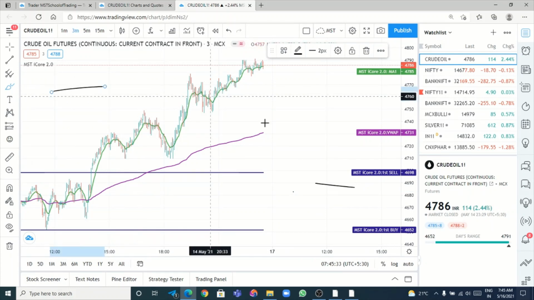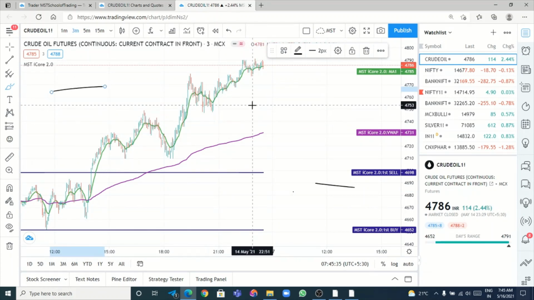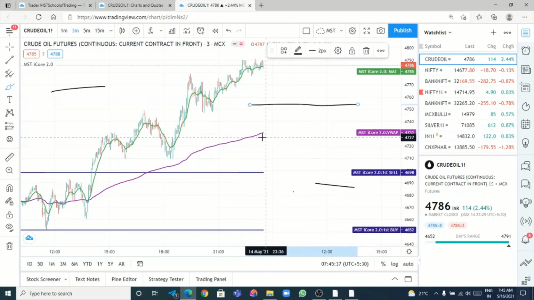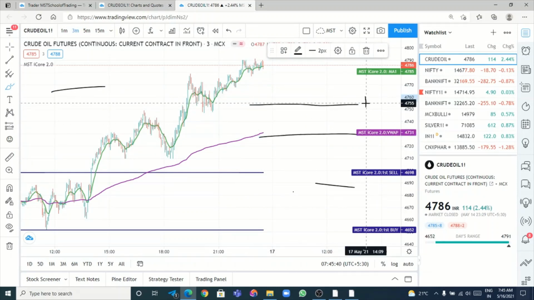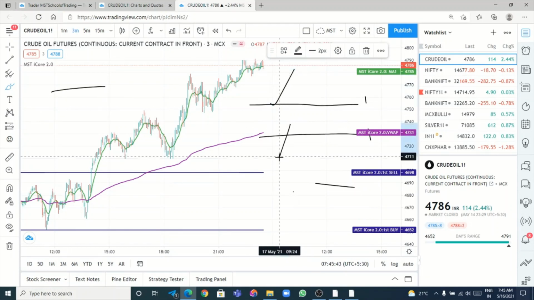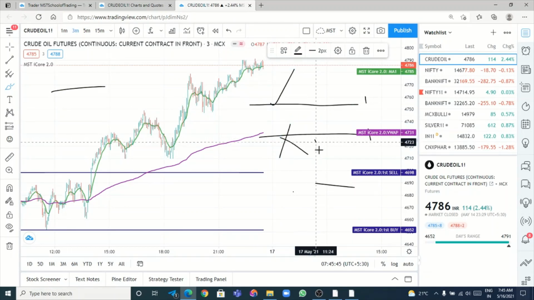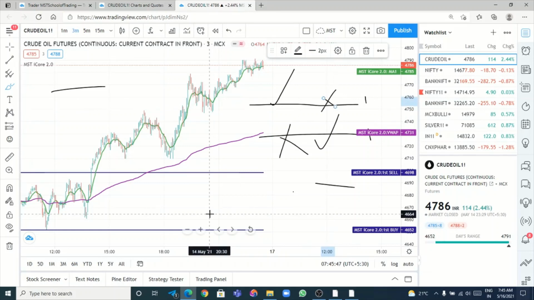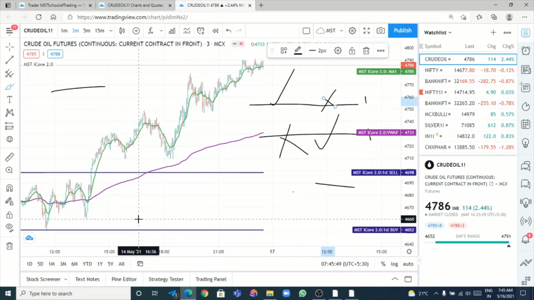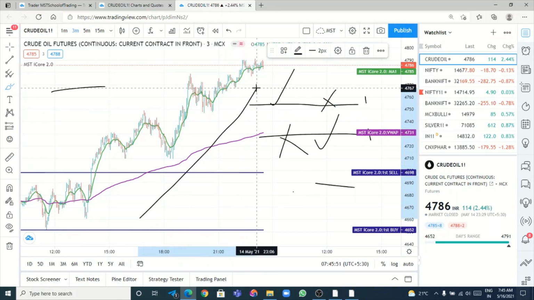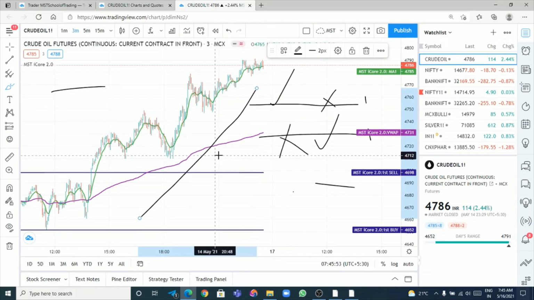Very simple. First, there will be 4 lines: this is the first buy, this is the first sell. If sell is activated, cancel the buy. If buy is activated, cancel the sell. So whichever side the market triggers first, you have to be in that trade, on that side only. Only if the SL is hit, then you take the reverse entry. If the first buy SL is hit, go for the second sell. If the first sell SL is hit, go for the second buy.